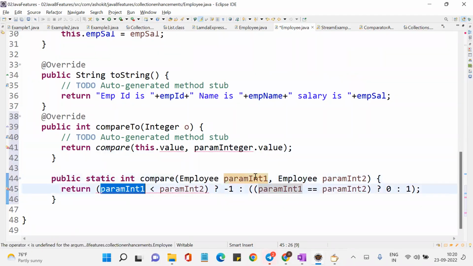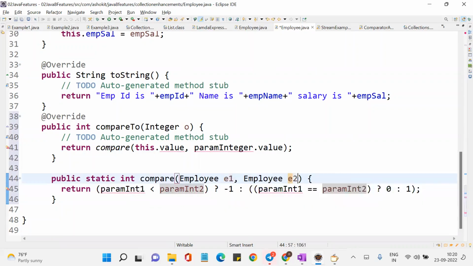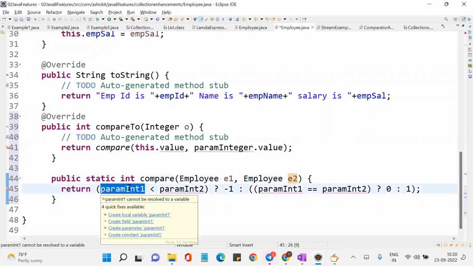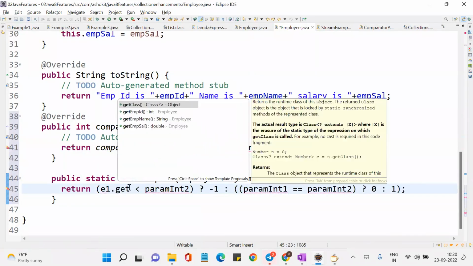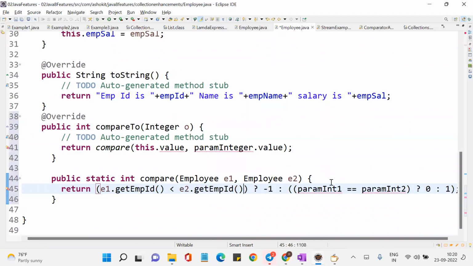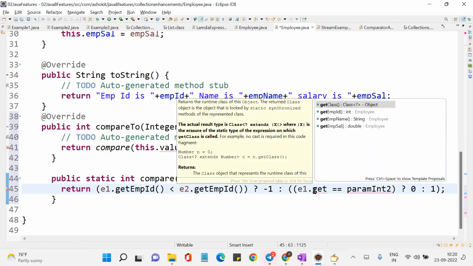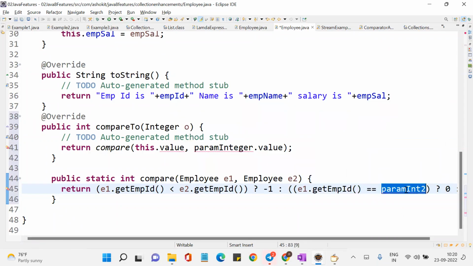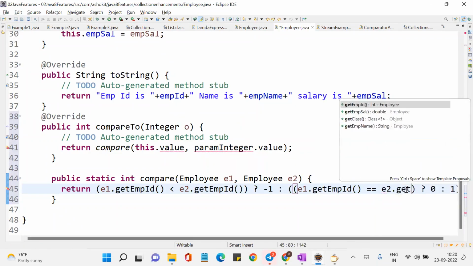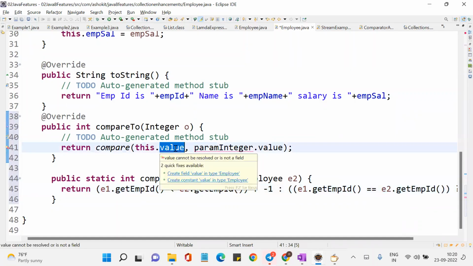Now what I will do, this E1, this one E2. E1 dot get employee ID. Now E2 dot get employee ID. Now here also E1 dot get employee ID. Here also E2 dot get employee ID. Okay. Done. Now I can directly put this logic here, or else this dot